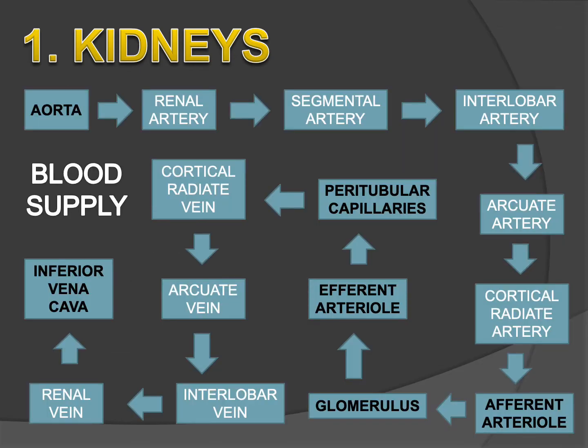It's the same, but this one just pertains to the blood flow. The ones in black, the aorta and the vena cava, are the direct connections from the heart. And then the ones in white are arteries and veins. So from the aorta to the arteries, these carry oxygenated blood going to the kidney. And lastly, the veins up to the vena cava are the ones which carry unoxygenated blood used by the kidney